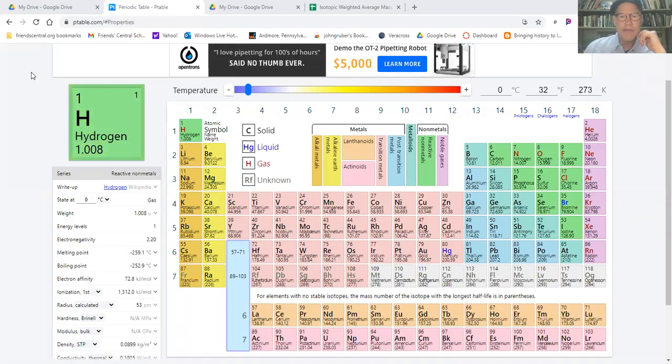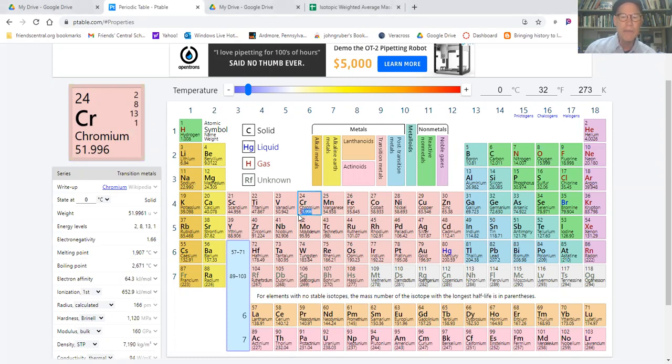Hi everybody, quick video on taking the weighted average of isotope masses to find the atomic mass of an element. So here's our periodic table. Let me just call your attention to chromium right here. Chromium, Z equals 24. You can see over on the left side that chromium has an atomic mass being listed